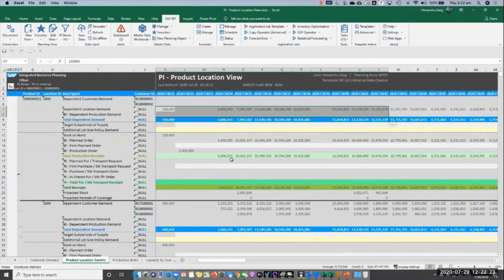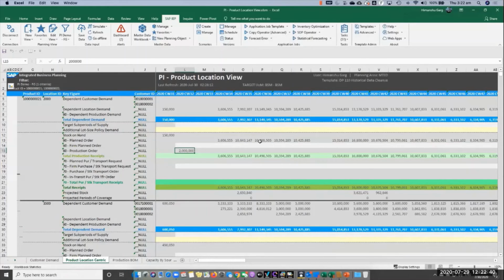So what we see here is the production order that exists in the next week. The system is able to look at that production order as well as it can plan additional planned production in IBP.